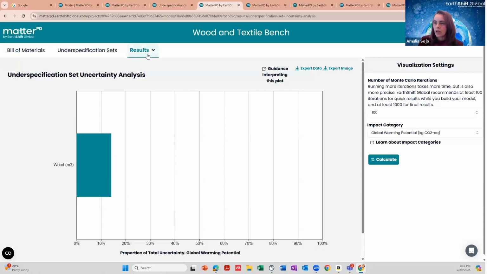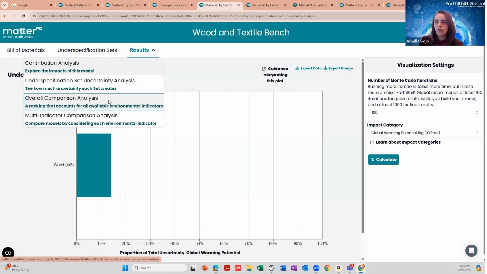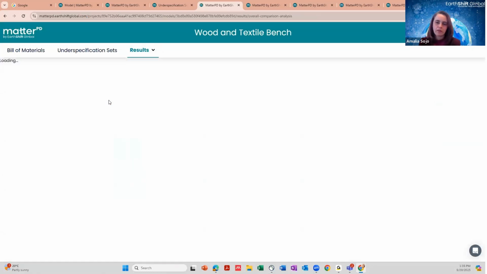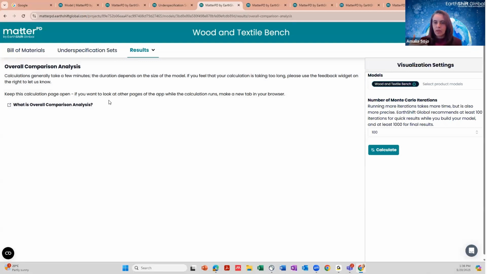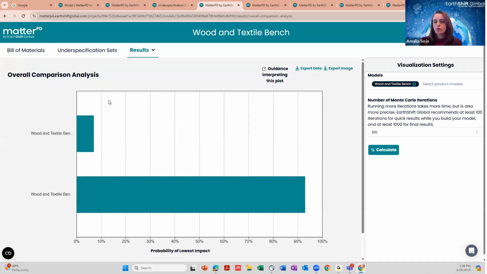Another result that I can get is the overall comparison analysis. This is similar to what Lisa was explaining. So I can have my cotton bench and my jute bench, and I'm going to compare them. But when I am comparing them, I always use the uncertainty data.